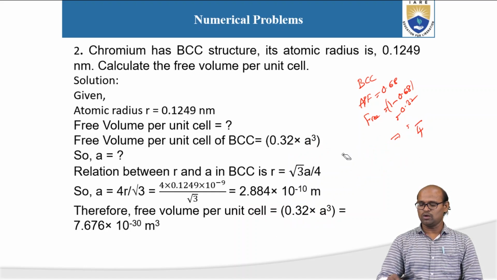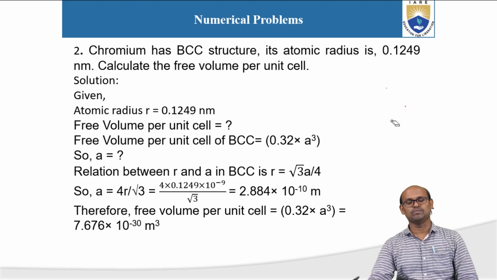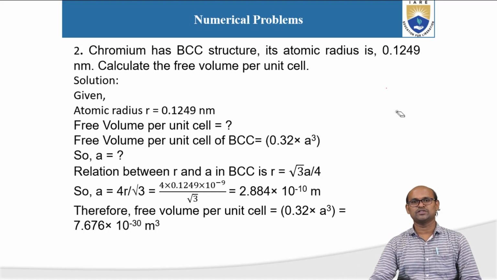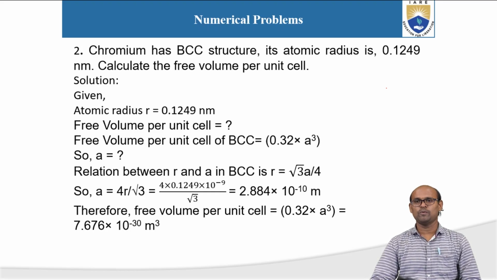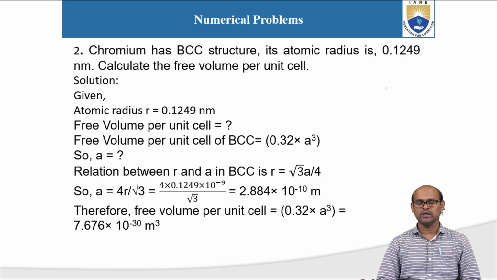So first we know the percentage of void space in every unit cell, at least in simple cubic, BCC and FCC, right? So for a BCC unit cell, the atomic packing fraction we know is 0.68. So 1 minus 0.68 is the percentage of void space, right? So that is 0.32 if you write it as a fraction, and that is the space that is available as free. Okay, so we want the volume of free space. So volume is A cube,